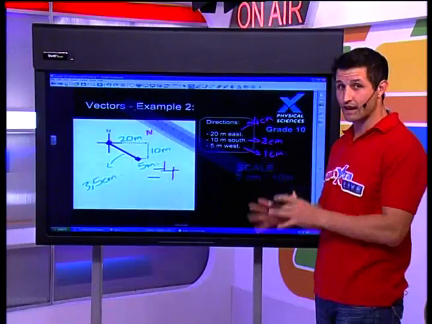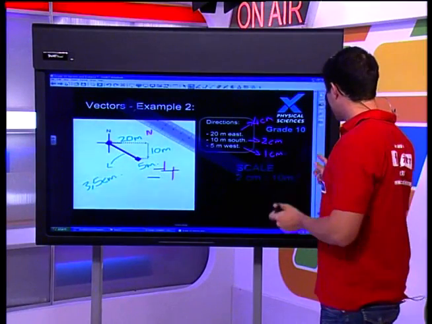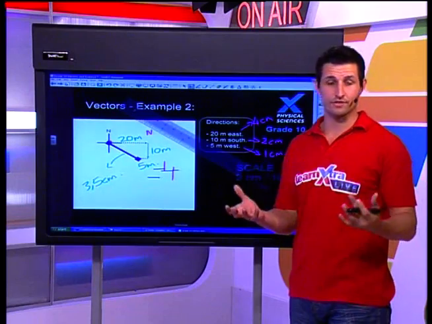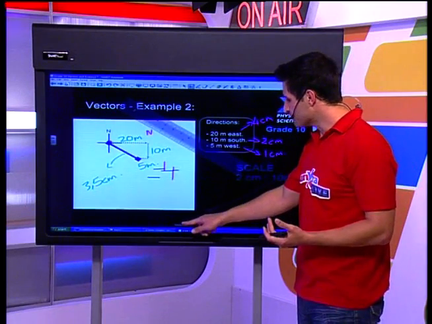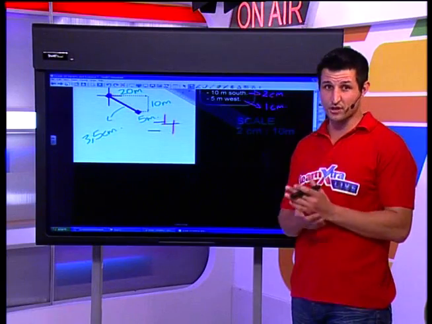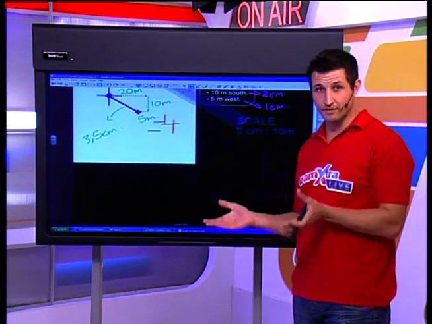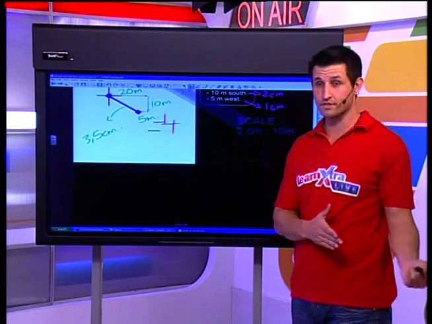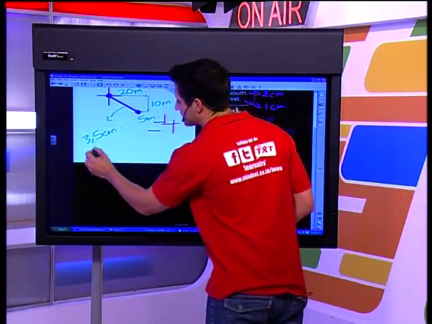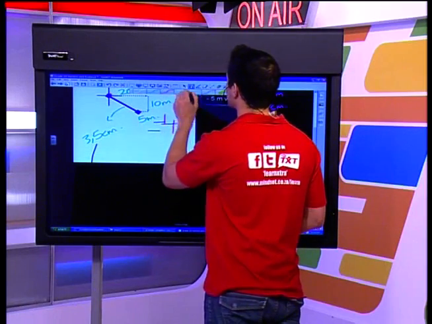So now I've measured it out with you guys. The question is, what is the real world difference? Well, I didn't move 3.5 centimeters. What I'm actually going to do now is turn 3.5 centimeters into a real life distance again. So now let's take this through. Let's actually use our ratios.